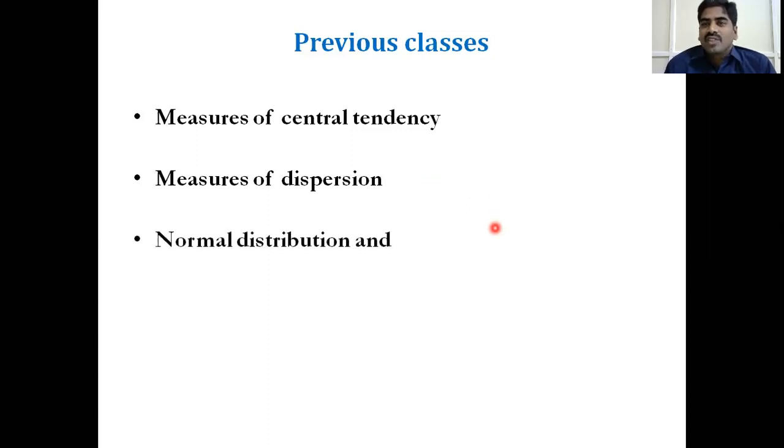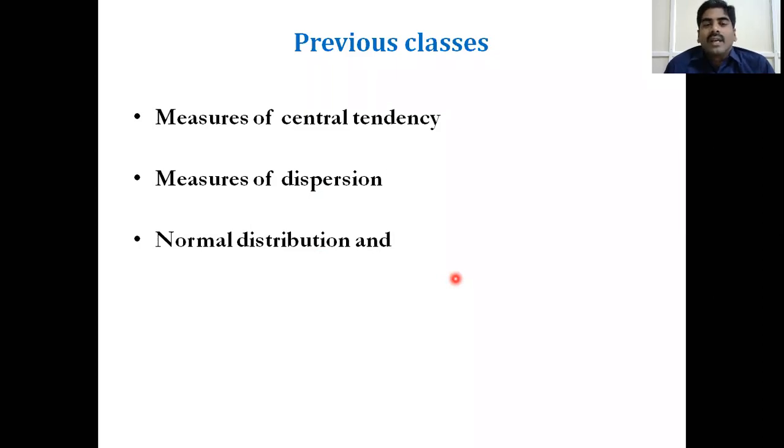Next, normal distribution. In the measures of central tendency, we can represent the entire data of a variable with a single value. That single value we cannot consider as normality. We have to accept the deviations in the data. And the universally accepted normal limits, 95% confidence limits, are mean plus or minus 2 standard deviation. That concept of normal distribution is already covered. By using normal distribution, we can find the limits of normality in biology.